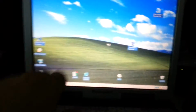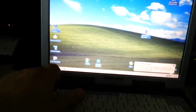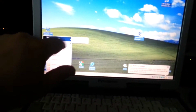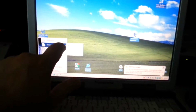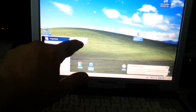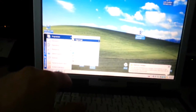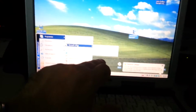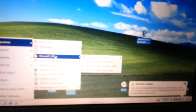So there it is, and I like using the touch, but it annoys me because it's kind of hard to operate. You just gotta think a little higher right in order for this to work. And choose whatever you want. This thing's got Office 2007 on it. There we go. Of course, the battery complains that it's slow,